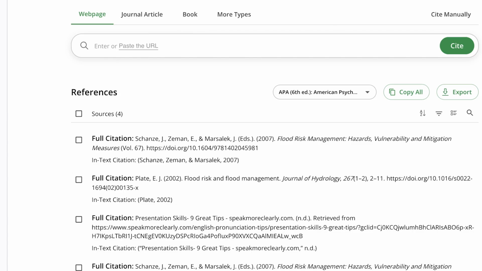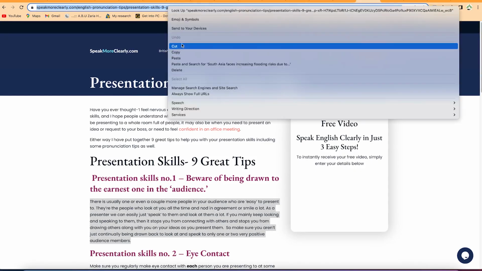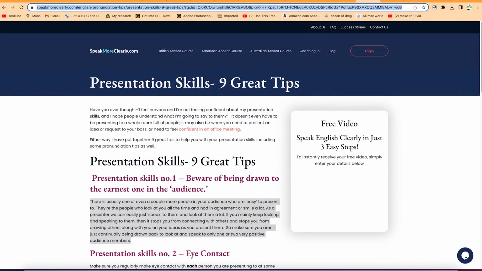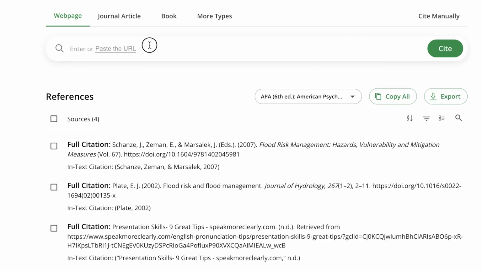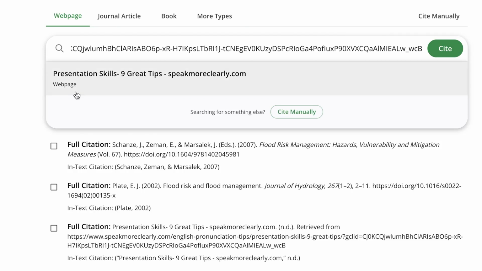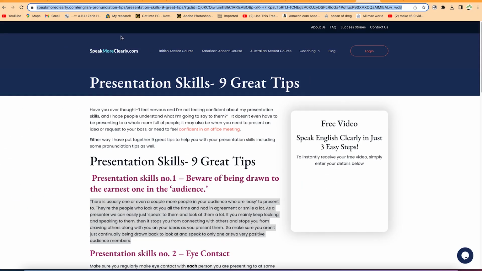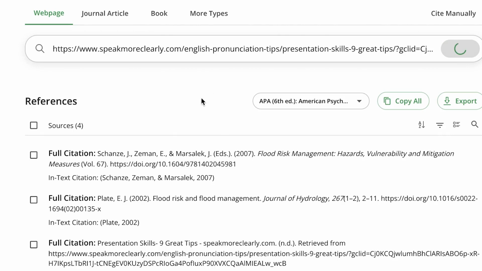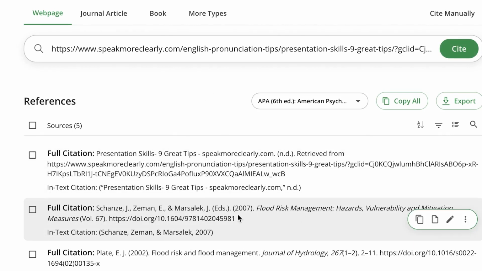So for example, if you want to cite this document like we've shown earlier, you can just copy this blog post. You can just copy the link, and come over here and just paste it and say cite, and it's going to go through the internet and find it. So you can see this is the web page. It's already quickly identified that it's a web page, and it's on this title, presentation skills, 9 great tips. Okay, it's from this website. So you can see it over here, presentation skills, 9 great tips, and it's from that website that it has said correctly. So everything is confirmed, is correct. So you can just click on this, and it's going to add the citation for you. You can see it has just been added directly. Okay, and you can see it is added to the list.